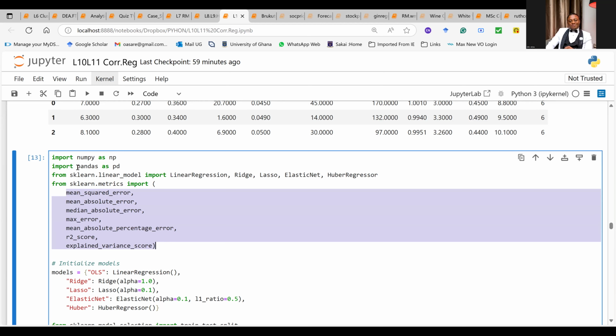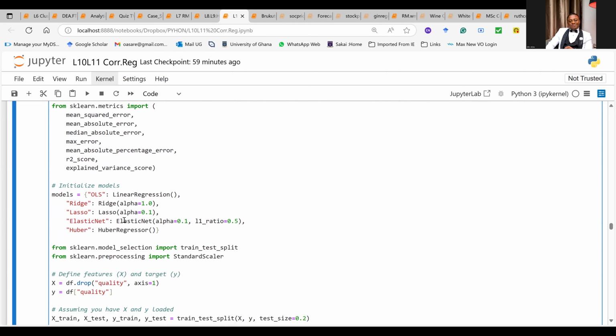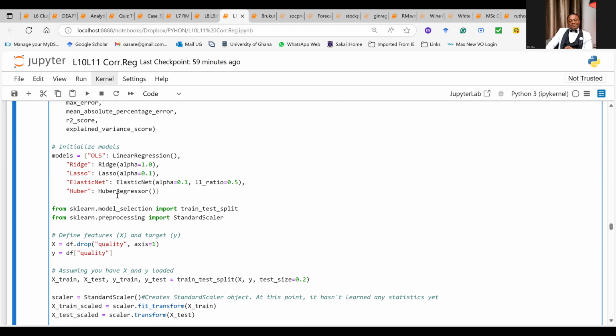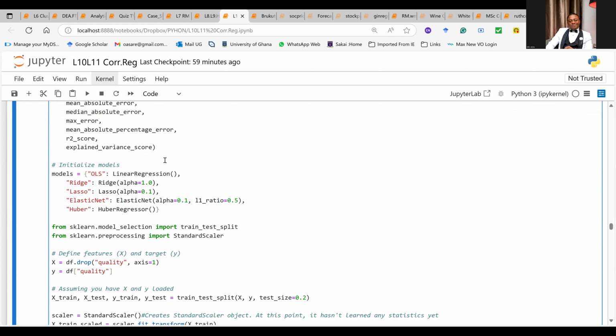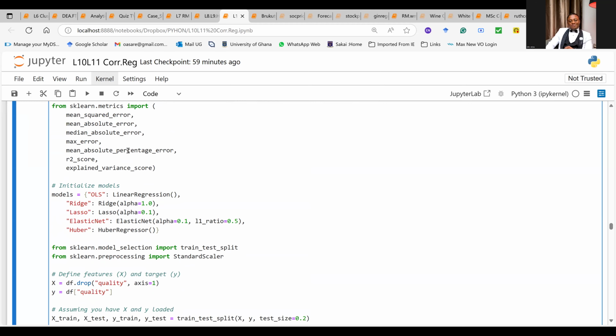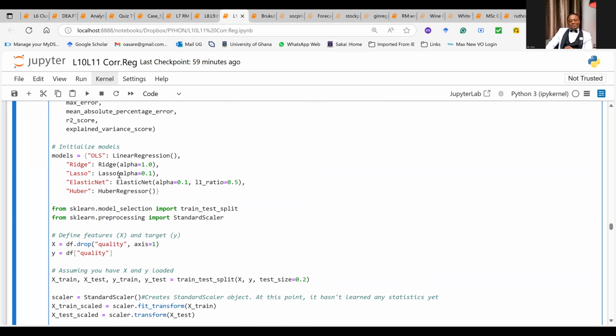Okay, so you got to command scikit-learn to give you all of these metrics. They are called metrics. Then the next thing is to initialize the model so that you don't need to go and run for each model. So you create the model initialization. You tell Python that I want to actually run for OLS, so you put the linear regression model in here. Remember, you have imported all of them from scikit-learn already. And they are all linear, as you can see, so I didn't include the non-linear ones. Then you would start with the OLS, which is the basic.